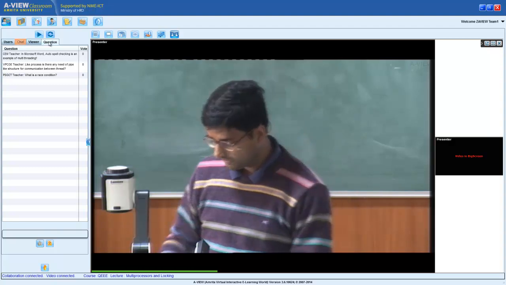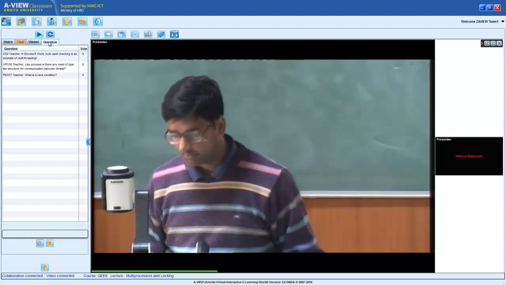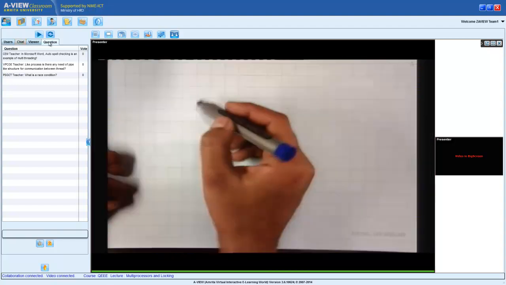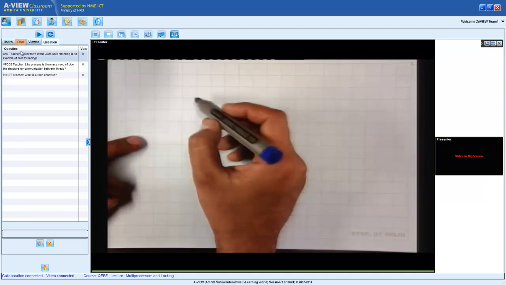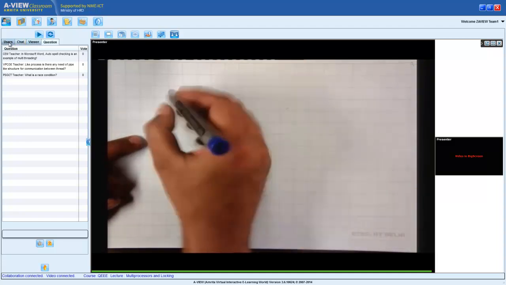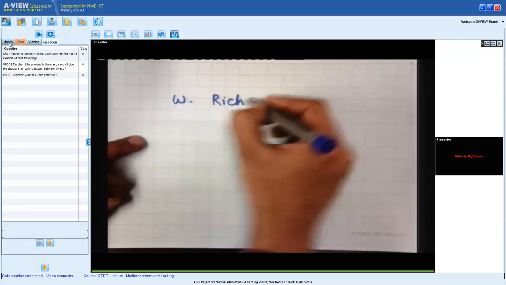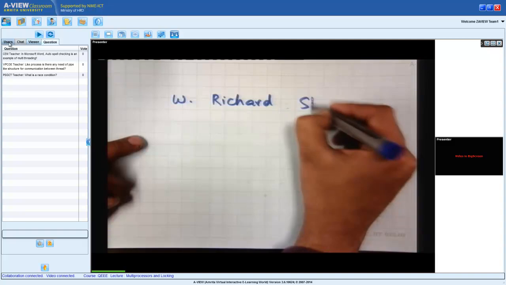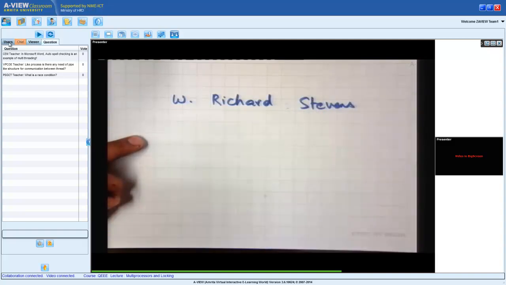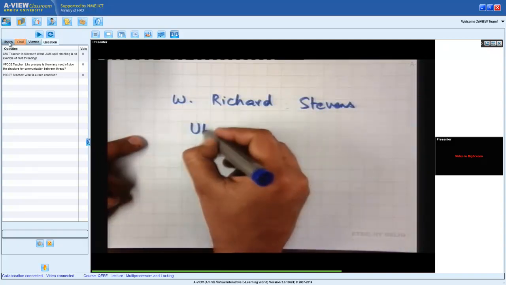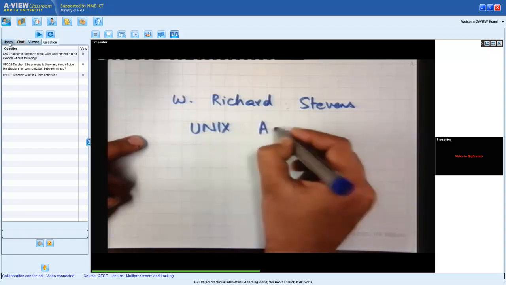Okay, so to finish, there was a request that came to me saying could you please provide a reference for the Unix system calls. So there's a book by W. Richard Stevens on, I think it's called Unix abstractions or something.